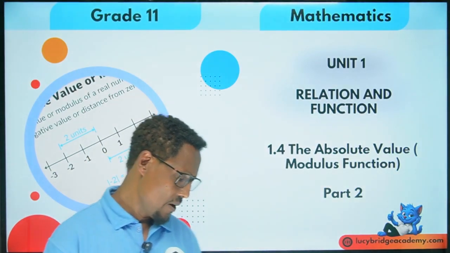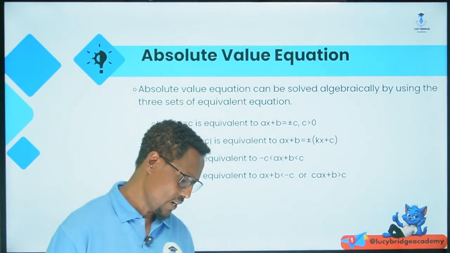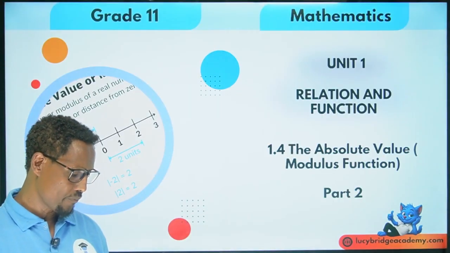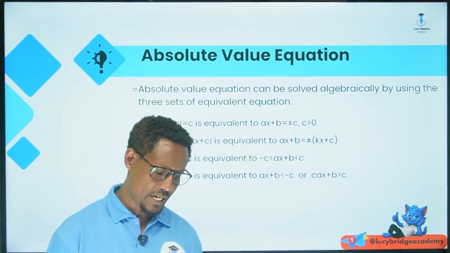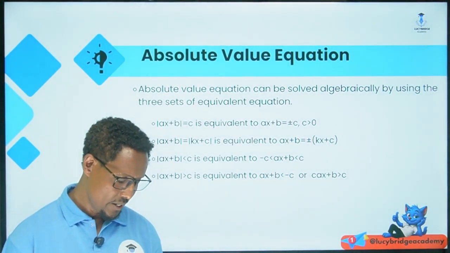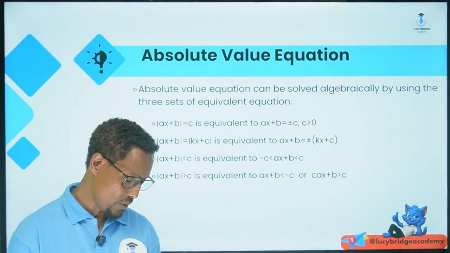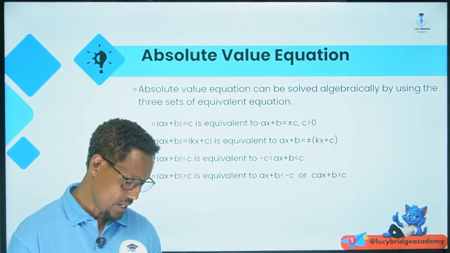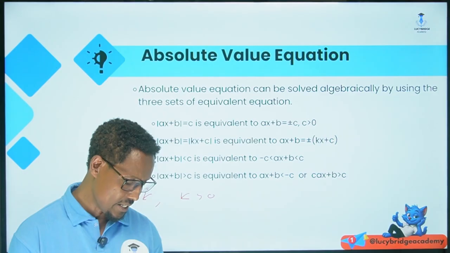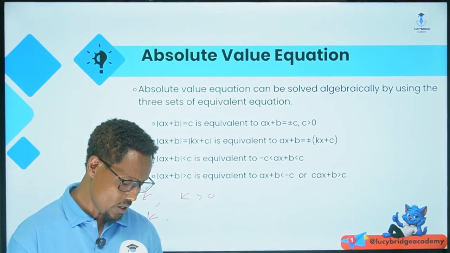Okay, now let me see absolute value equation. Absolute value equation can be solved algebraically by using the three sets of equivalent equation. Okay, in the previous period we have seen that the absolute value of x is equal to k, where k greater than 0. This implies that x is equal to k or x is equal to minus k ብለናል።